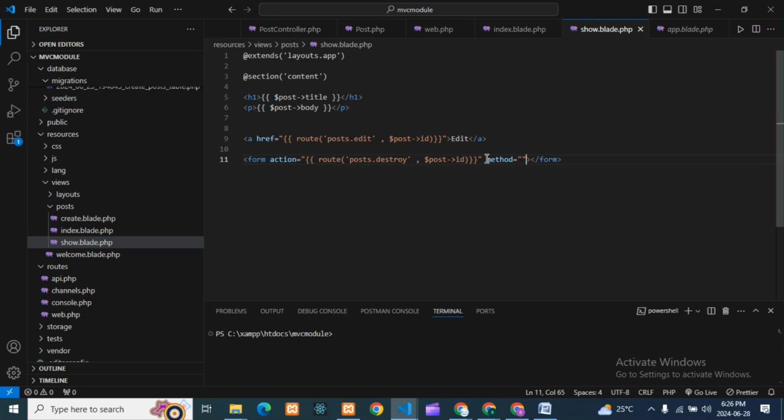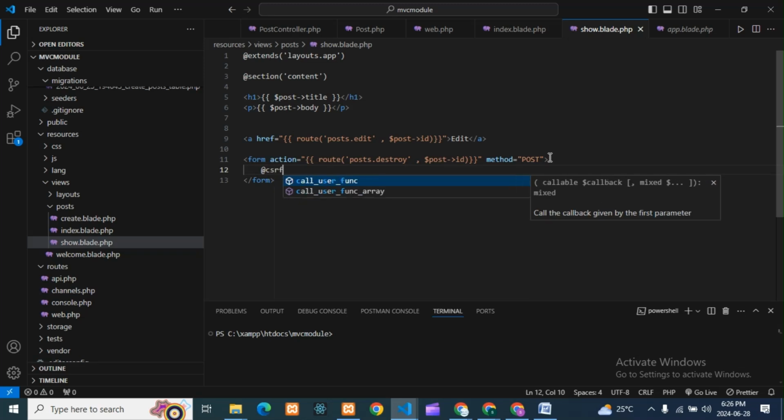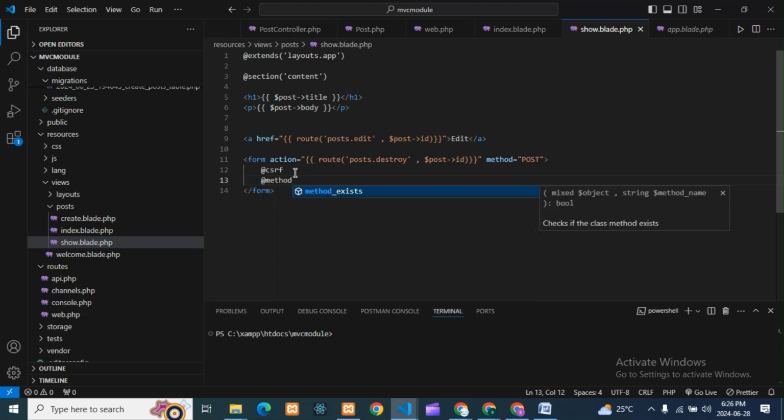Okay, here it is post, the post method, guys. Then here we'll use @csrf token. Then we'll call the function, guys, that is the method delete function, so it will delete the things.